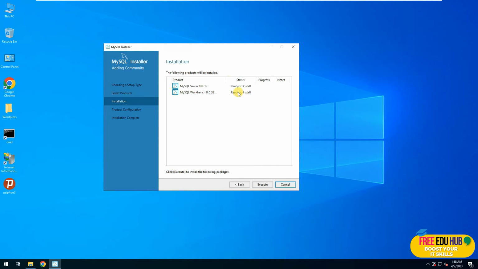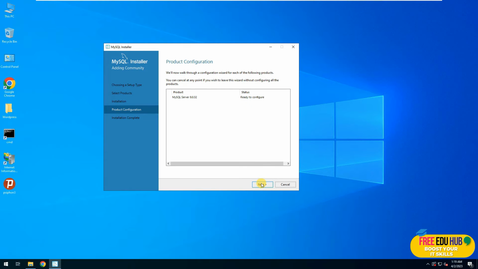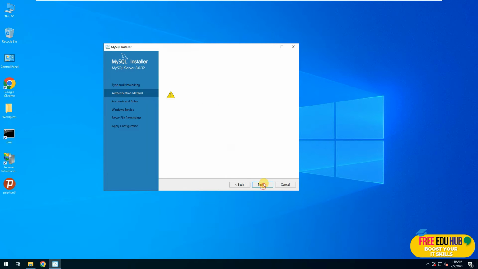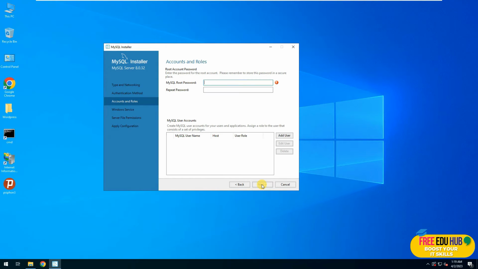We'll press next. It would show you that it's ready to install. Press execute. It would take a few seconds to install. Once it's done, it would ask us to configure it, and then we'll configure it so that we can comfortably use it with WordPress. As you can see, it's almost complete. Once that's done, press next, and ready to configure. Press next. Note down the port number, so it would be communicating through port 3306. Press next. No need to change anything over here, and here we'll create a difficult password